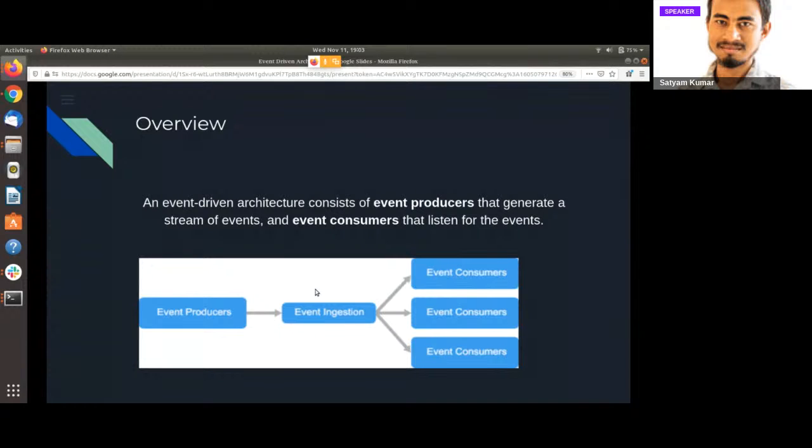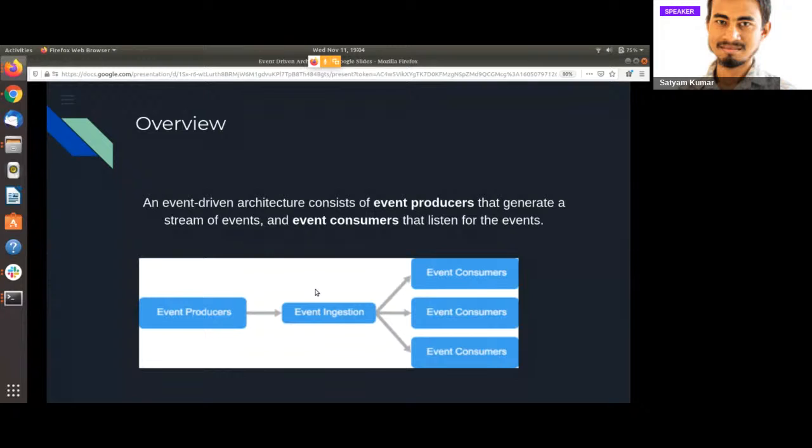So what exactly is event-driven architecture? It is a system which is driven by events. The main focus of an event-driven system is the communication, capturing, processing, and persistence of events. It basically has three parts.